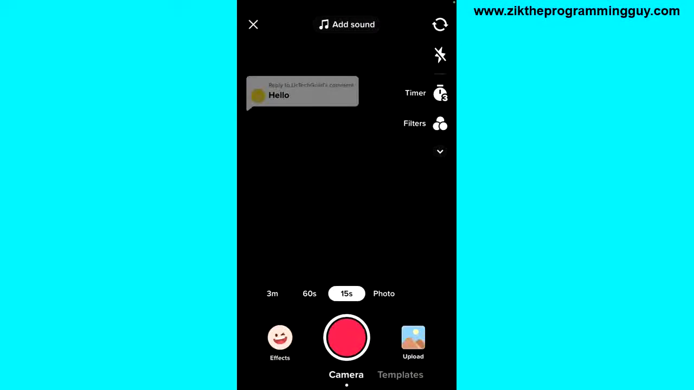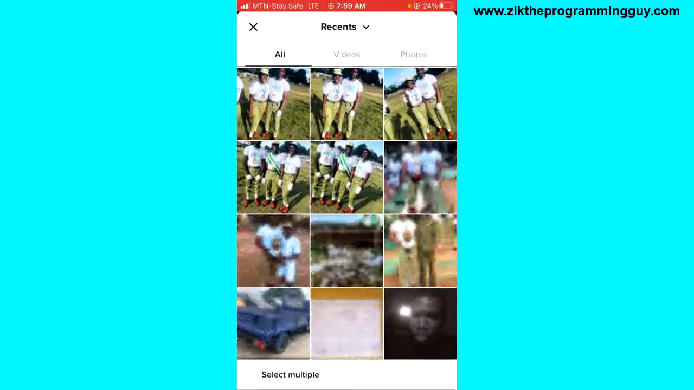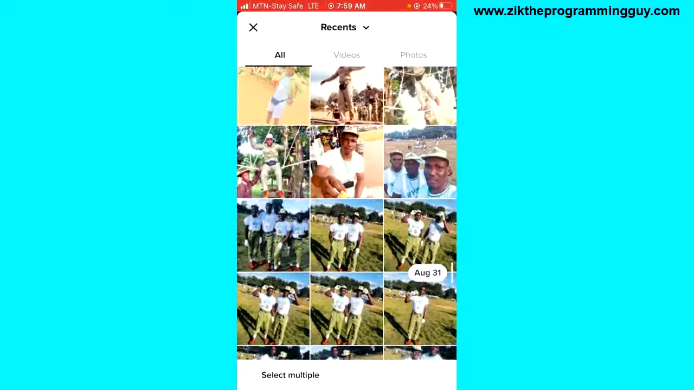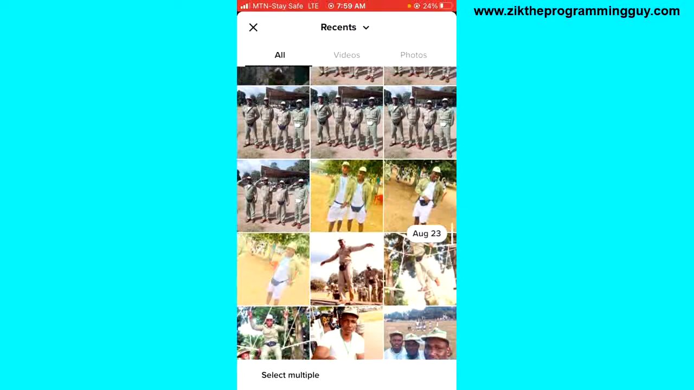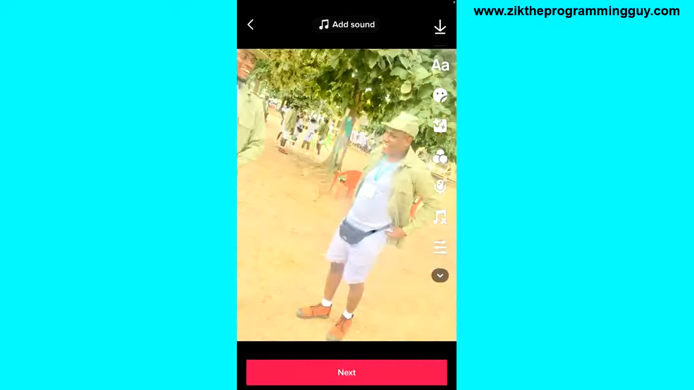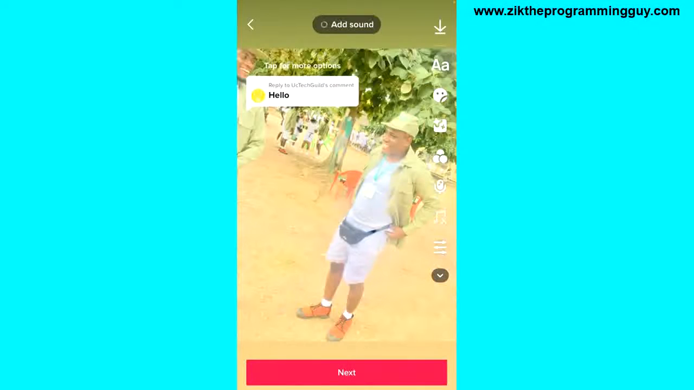We'll get the option to upload pictures, so I'm going to click on this upload at the bottom right corner, and then here I can upload either video or picture. So what I'm just going to do is to pick one of these pictures from my device, and then I can edit